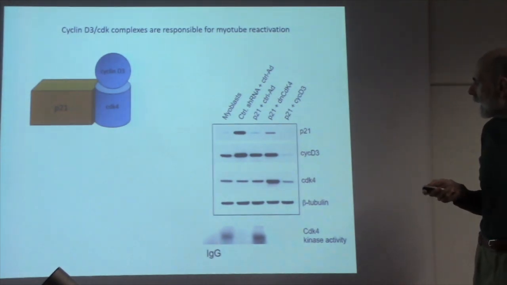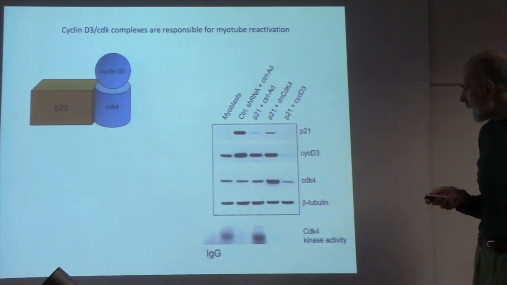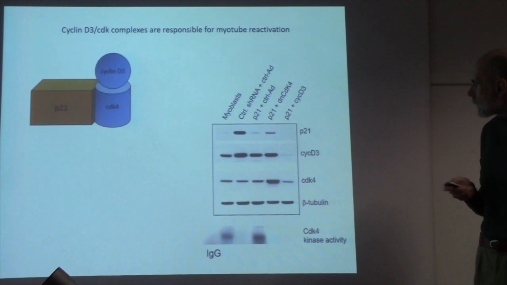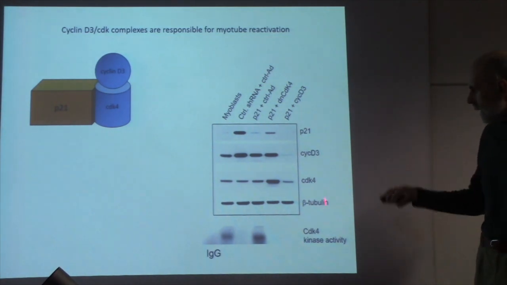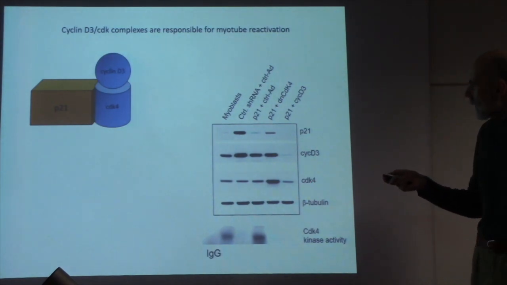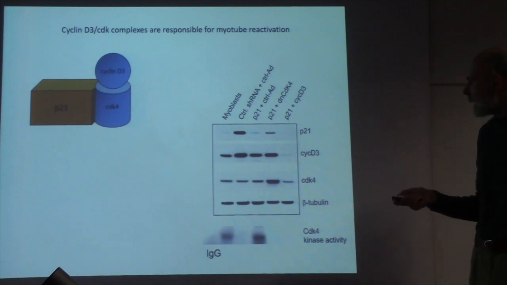So these are Western blots, and these are kinase activity assays showing the proteins indicated here. Focus on P21, cyclin D3, and CDK4. So, in myoblasts, there is little P21, and there is a good amount of cyclin D3 and CDK4. All right, so then the authors